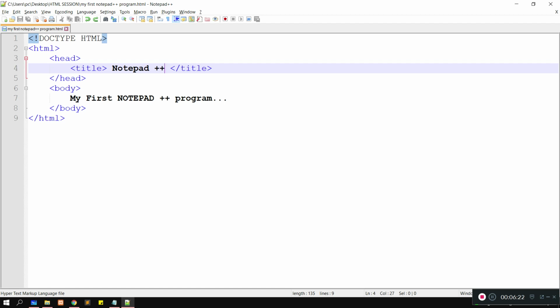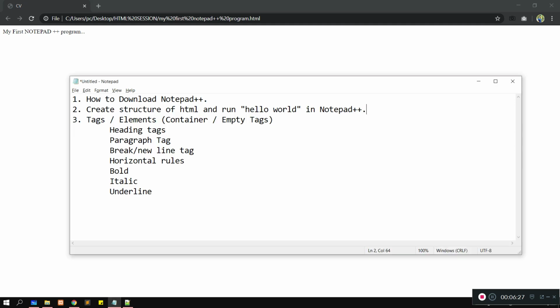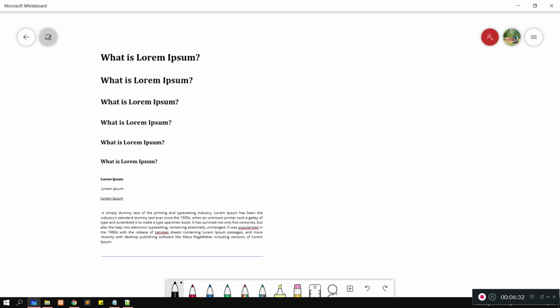So likewise we are going to learn type of tags and elements today. Coming on the diagram, let me explain you. I have imported some dummy text here to explain you guys. We have 6 types of heading tags. It will start with H1 and go up to H6. So how many heading tags do we have? H1 to H6.